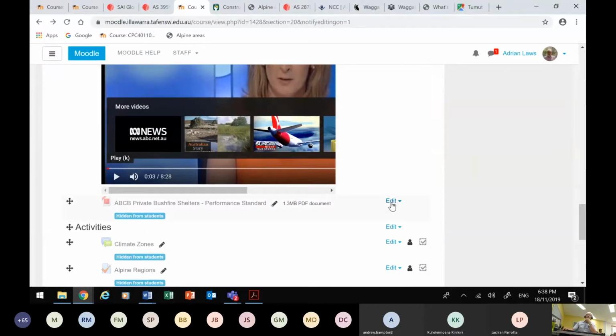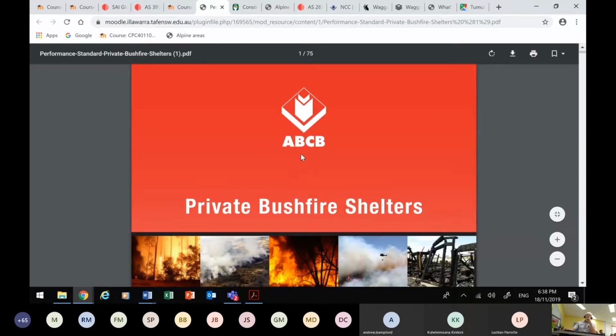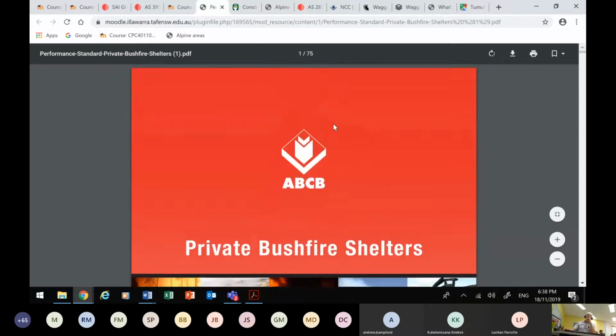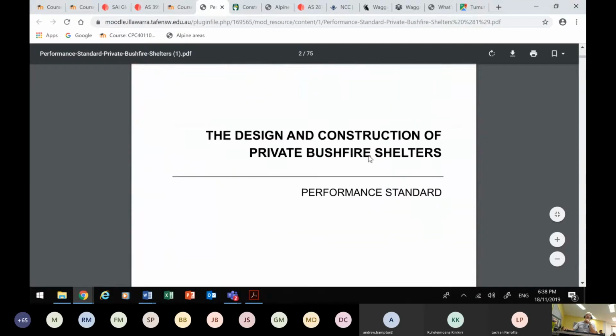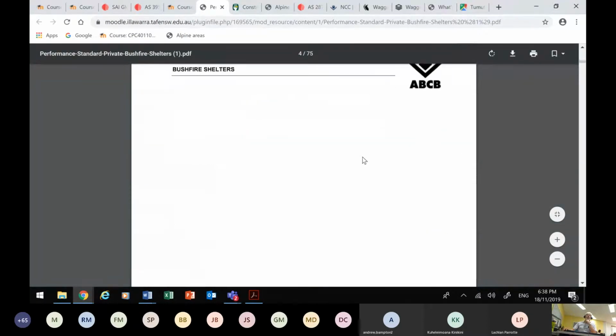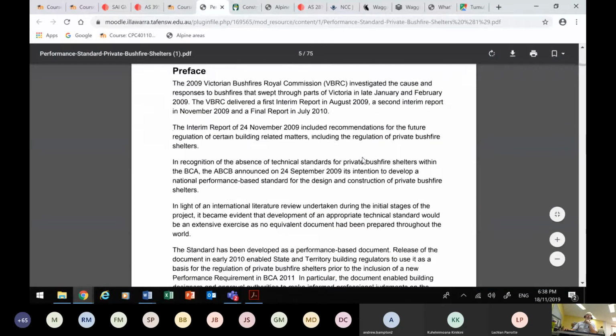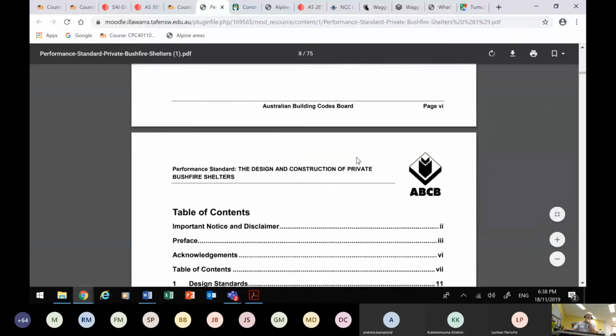Okay, so that pretty much is self-explanatory. There is a performance standard for the bushfire shelters, of course. There's an Australian standard. The ABCB put out a 75-page document, private bushfire shelters, and it goes through the details there about, obviously, that company probably wouldn't meet the criteria. And if I just quickly go down to the titles page here,